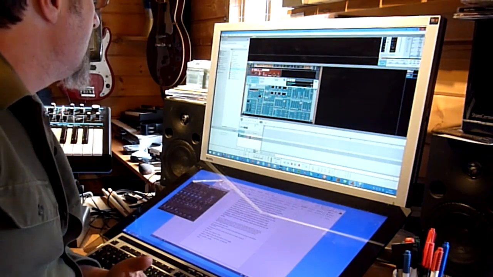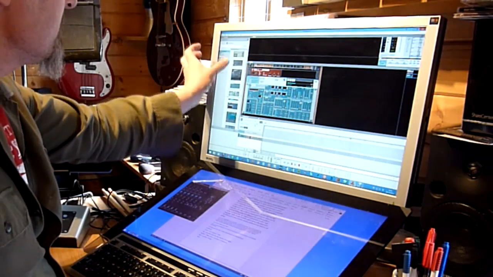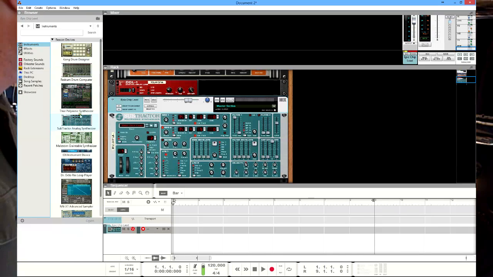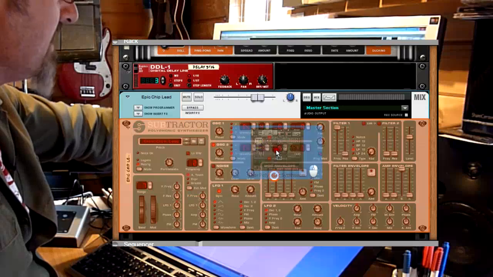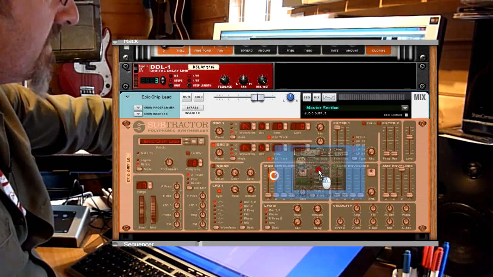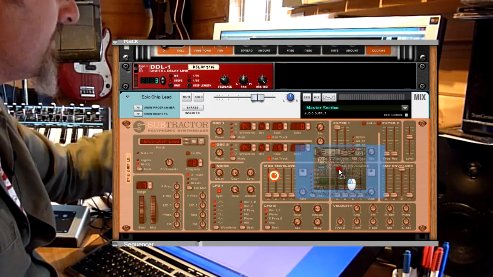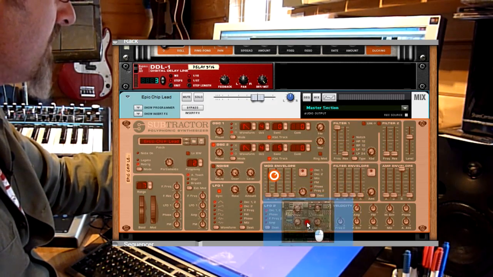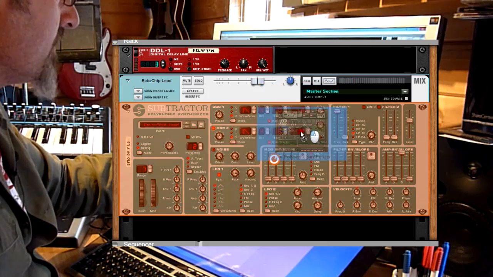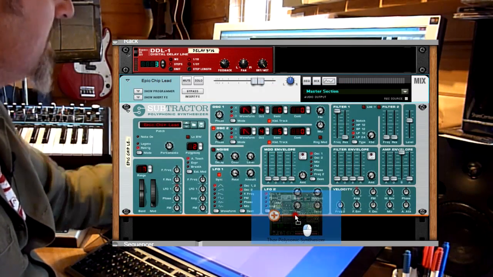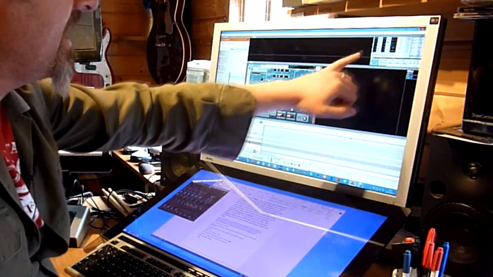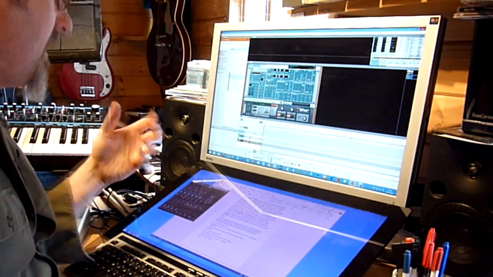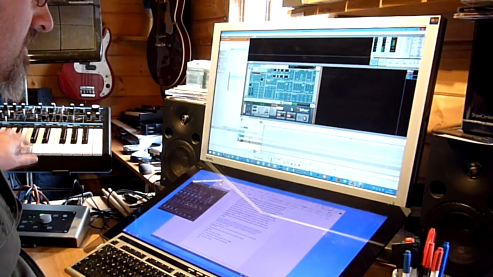Let's add another synth. We'll go to our browser at the side, click on Instruments, we'll go down to Thor, and we'll bring that over. As I bring it over, as I drag it and drop it, it can either replace what's there, you get this little icon here which tells you it's going to replace what's there, or if I put it to the bottom or to the top, it will suggest that it's going to be added. So I'll put it down here to add it to my rack. It's created a track channel and a mixer channel. It's all ready to go